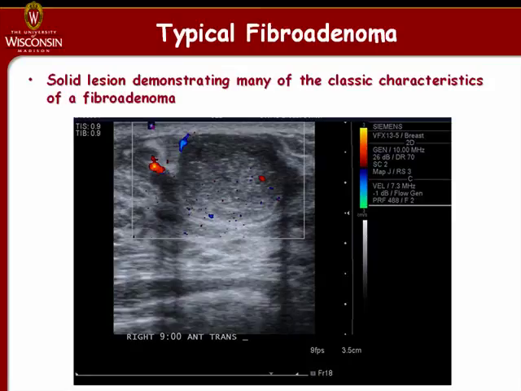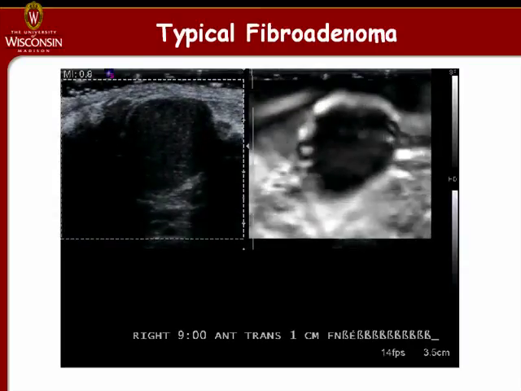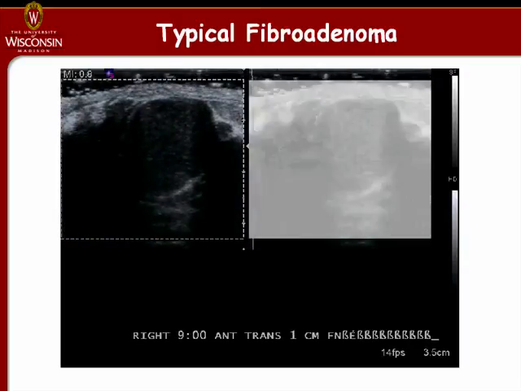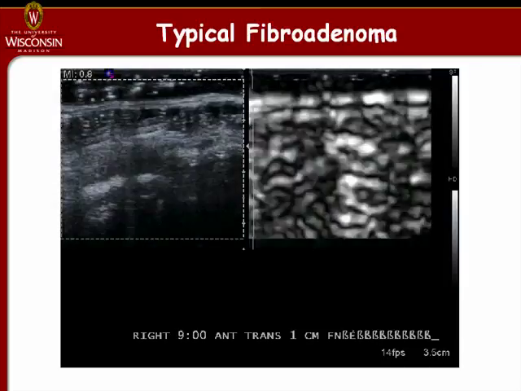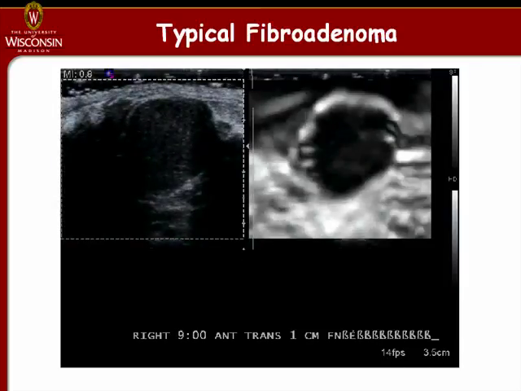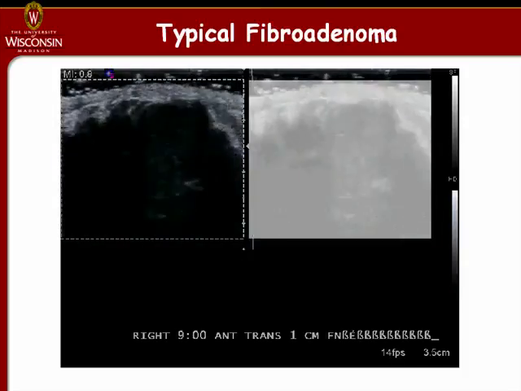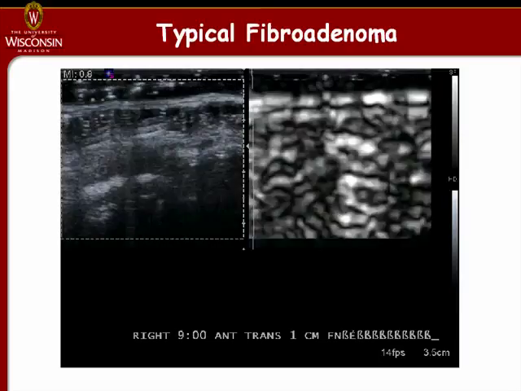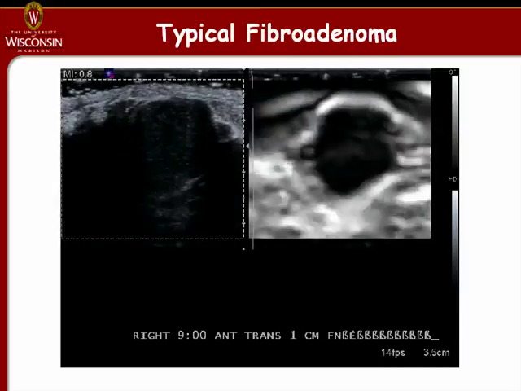So what does elasticity image add? Well, one of the things this movie adds is to show how easy it is, or at least can be sometimes, to generate an elasticity image. You see that very shortly after the transducer is placed in contact with the skin surface, you get very high quality elasticity images. There is something to note that's a little easier to see if I show you a stationary